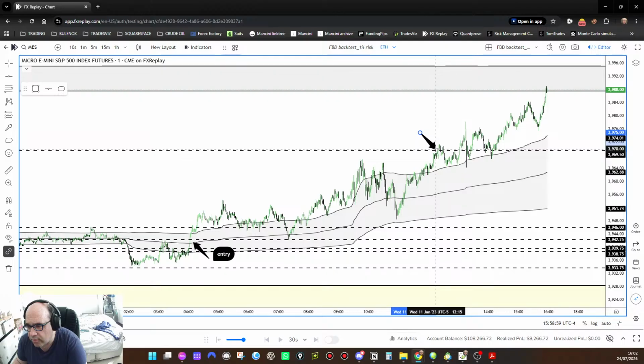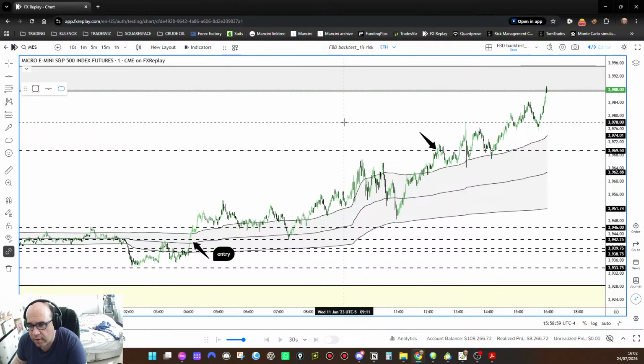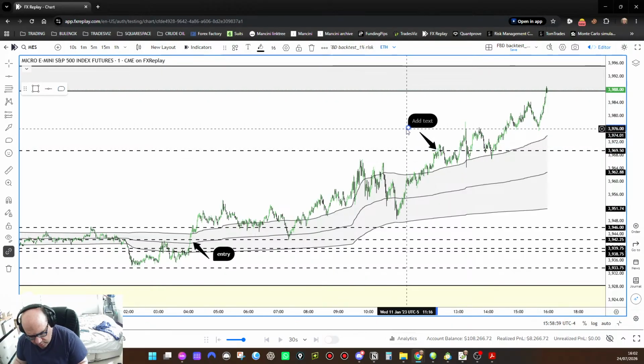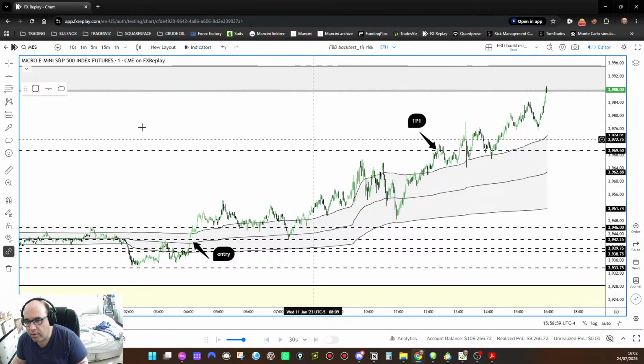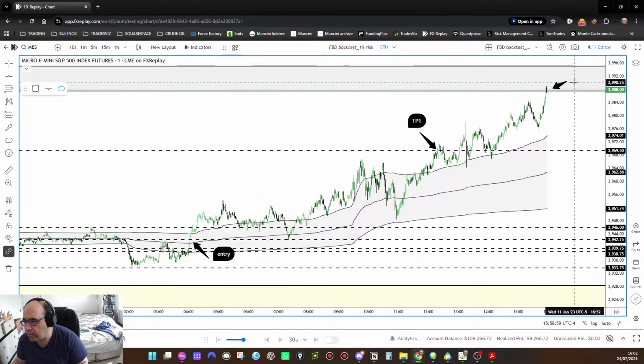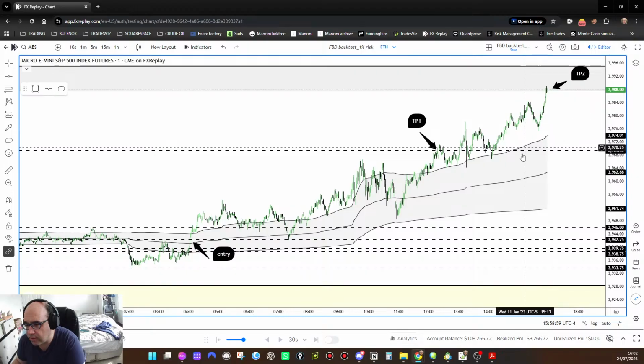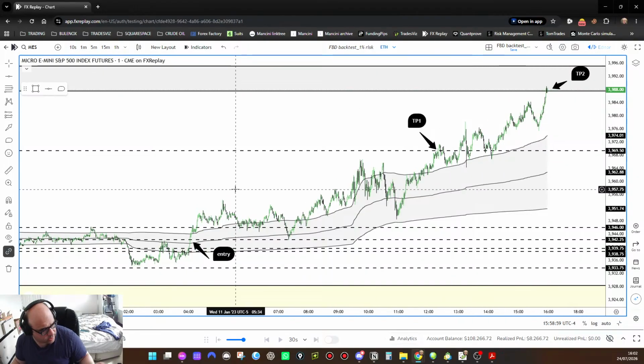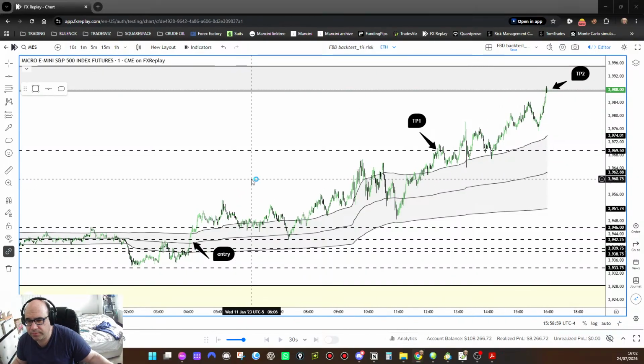Oh, that was here. We have the TP1. Okay, and we have the arrow, and that is TP2. TP2 was hit, and I'm gonna take a screenshot as well,